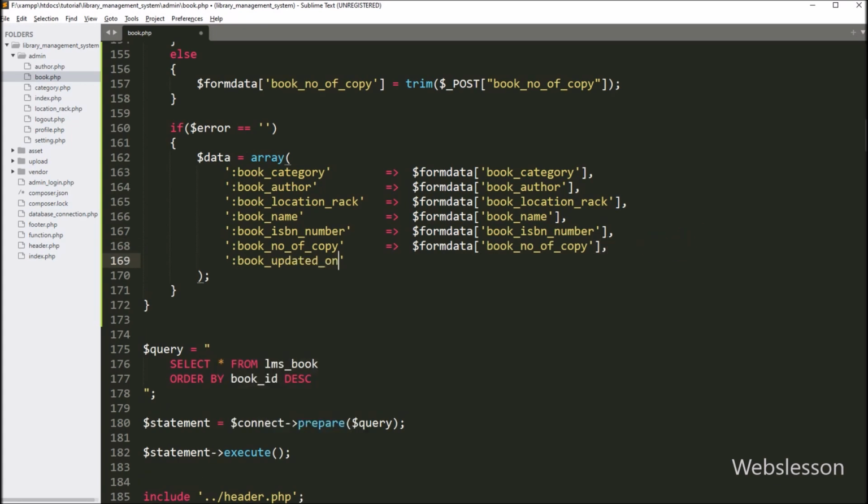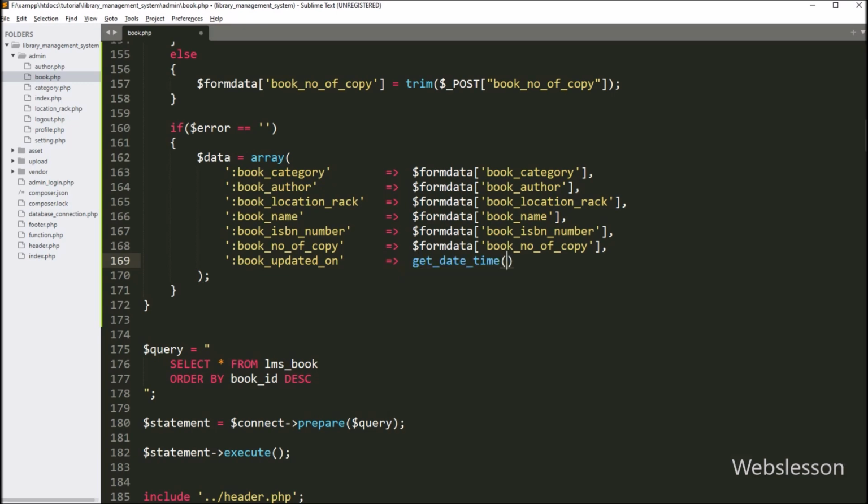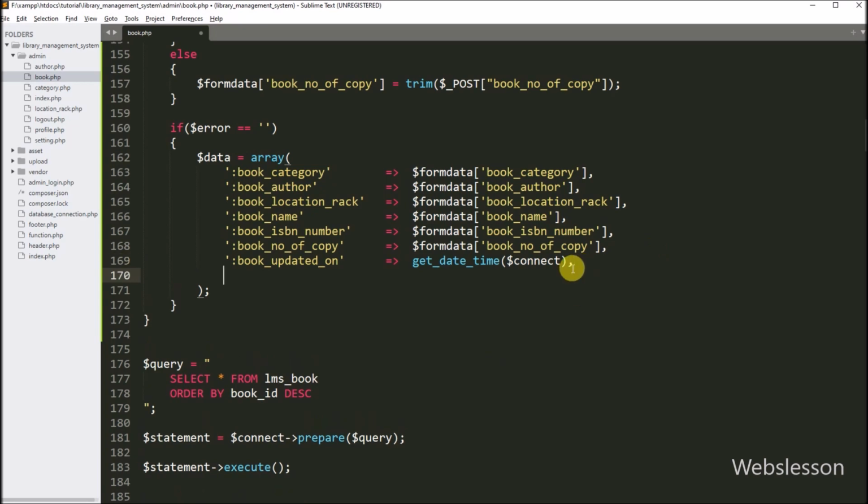In the array seventh key, we have to write book updated on, and under value, we have called getDateTime function with $connect variable as argument, which will return the current date and time value. And in the array last key, we have to write book id, and in value, $_POST book id variable. So here we have stored all data under this $data variable.